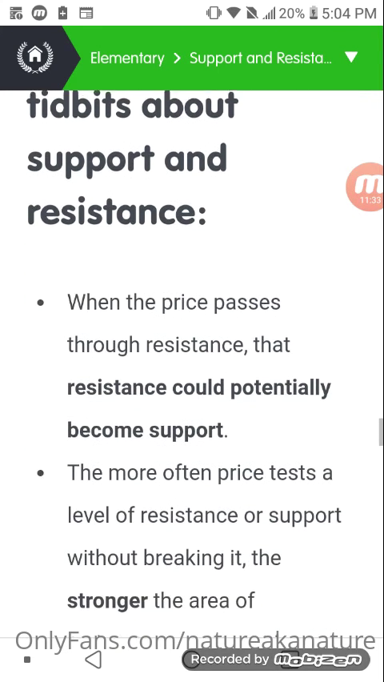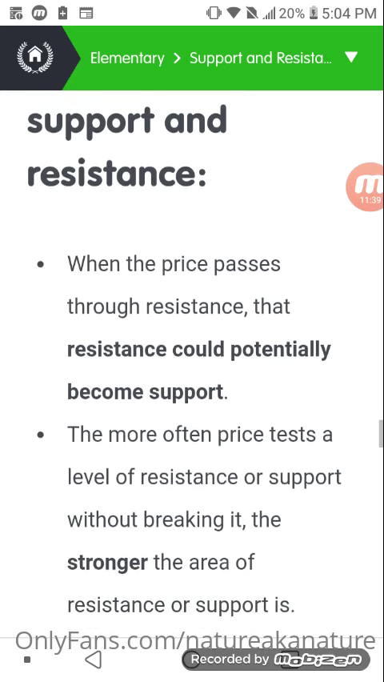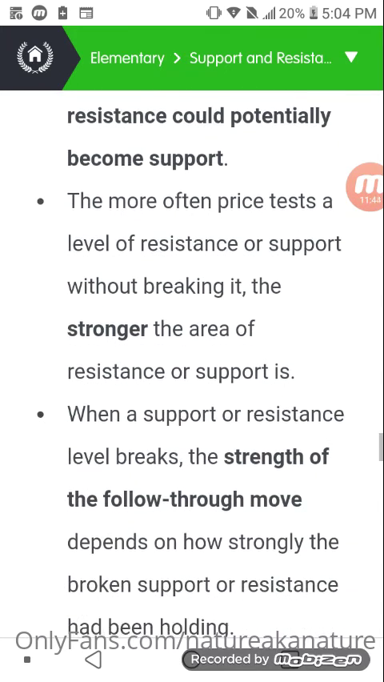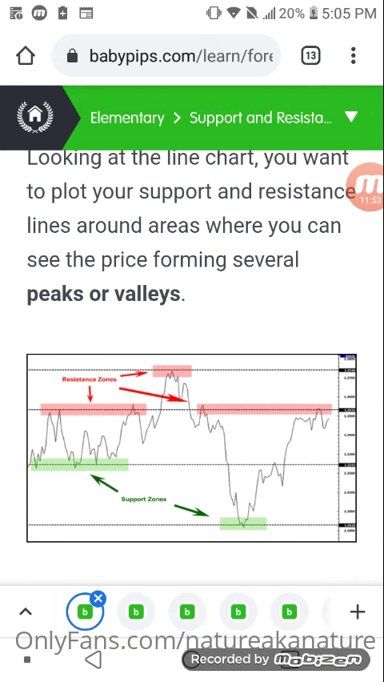when price passes through resistance, that resistance could potentially become support. The more often price tests a level of resistance or support without breaking it, the stronger the area of resistance and support is. So first thing is that price passes through resistance. That resistance is now support. Okay, so